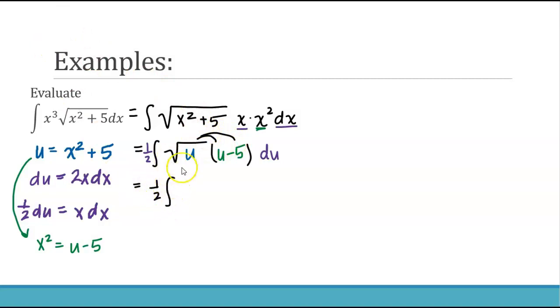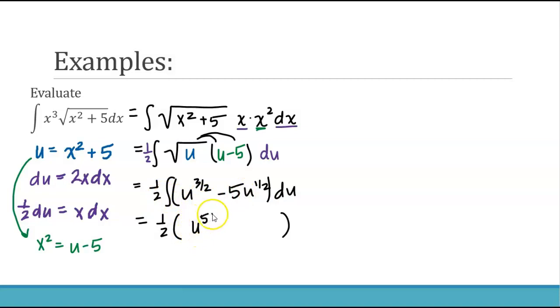So we'll leave the 1/2 in front. We'll have u to the 3/2 minus 5u to the 1/2 du. And we can take the antiderivative of each piece. Keep that 1/2 in front. It does apply to both terms. So we have u to the 5/2 times 2/5 minus, here we'll leave the 5 in front, 5 u to the 3/2 times 2/3